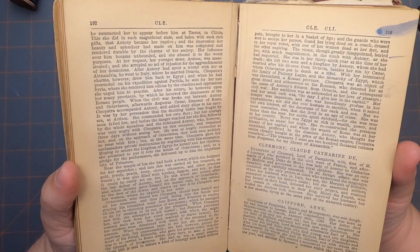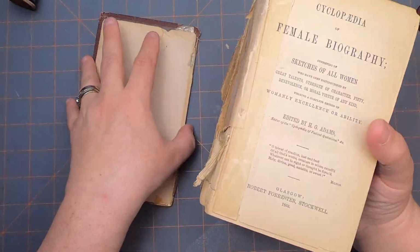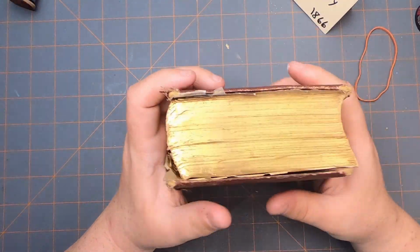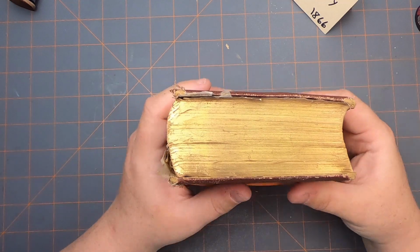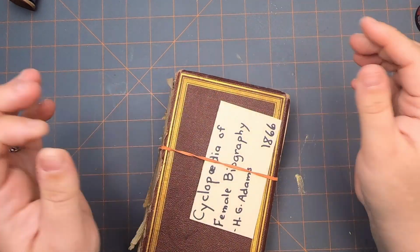Like, I just thought it was a really cool book, and it's old. I mean, it's 1866. So yeah, I'm excited for this. I don't know exactly what I'll do, but it's got my brain kind of buzzing. So